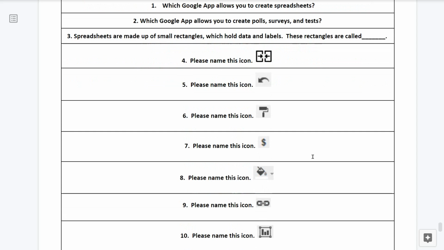Question number 4. Please name this icon. Question number 5. Please name this icon. Question number 6. Please name this icon. Question number 7. Please name this icon.